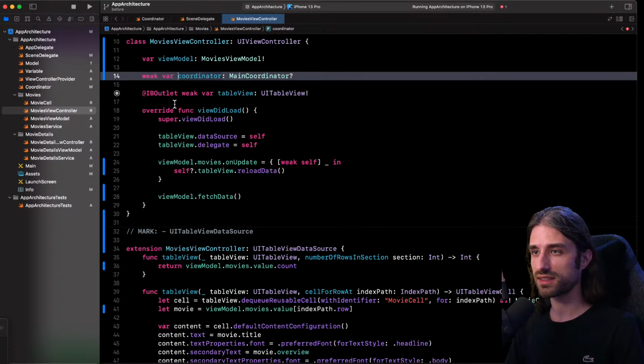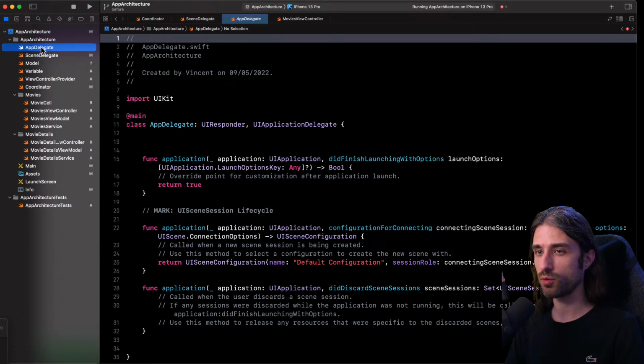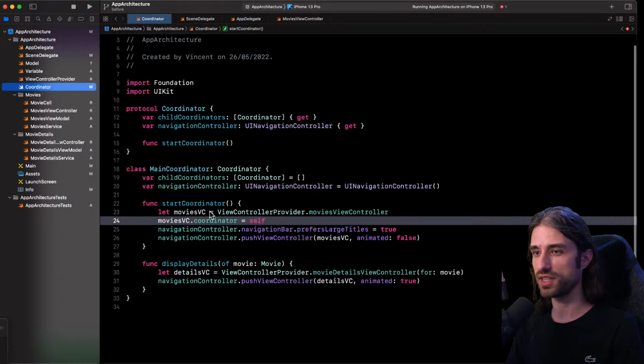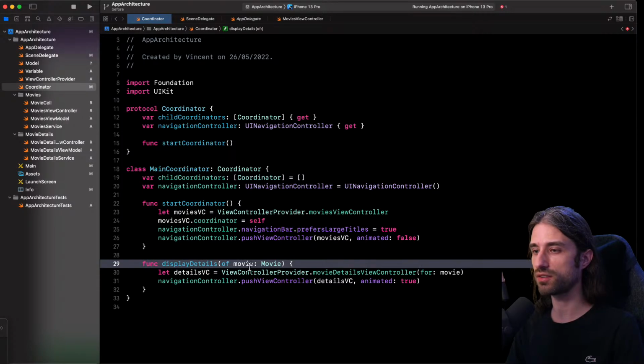But also, let's imagine that we need to react to a notification. What we would do is that, either in the scene delegate or in the app delegate, we would get the event through a method being called. We would parse the payload of the notification to get, for instance, the ID of the movie. And then on the coordinator, we would call a method like display details of movie, given this time the ID of a movie and not the movie itself, but we would manage. By doing this, we would be able to trigger a programmatic navigation to a given view controller, something that is often called deep linking, so to implement deep linking inside the app.